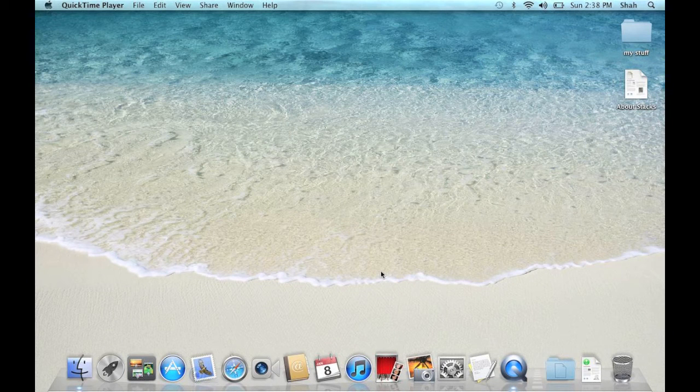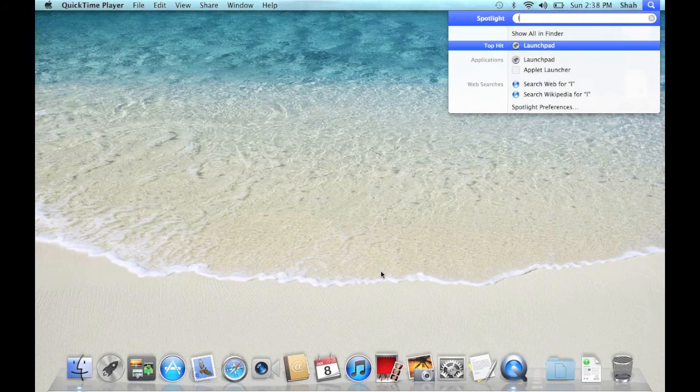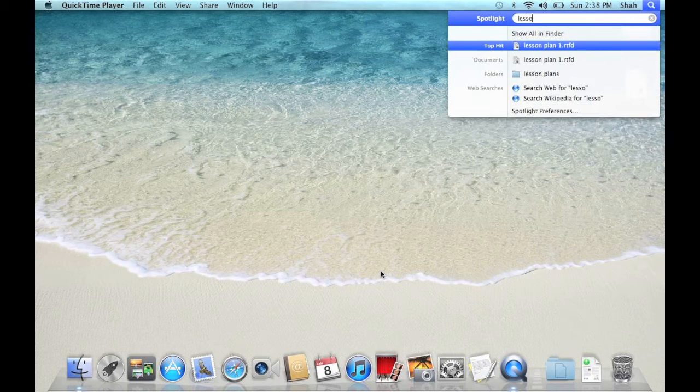Press Command and Spacebar to enable Spotlight. Search for Lesson Plan. It will be displayed while you are typing in the name. If you type words that were in that document, in this instance, I use the words My Trip to Japan in the document, it will display the same file.